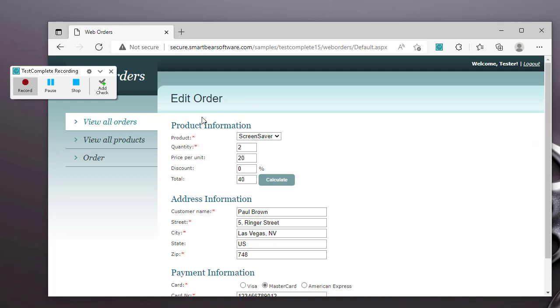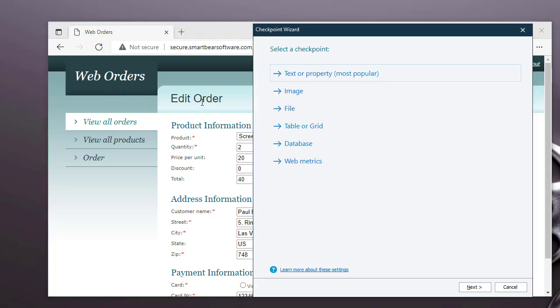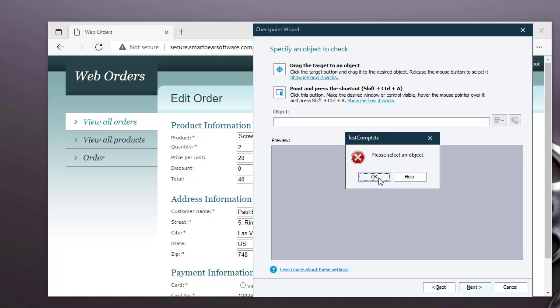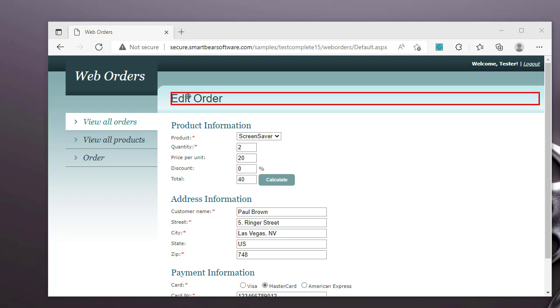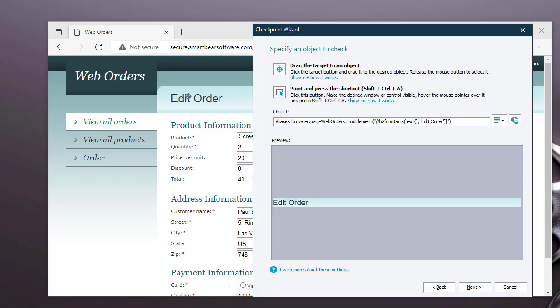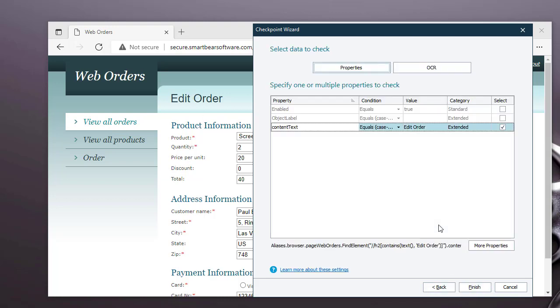and in this case what I might actually do is add a checkpoint to make sure that I'm on the edit orders page. So text or property checkpoint. I'll drag the crosshair over the edit order object just to make sure we're on the right page. Click on next, and then the property we want to check is the content text is edit order, so we'll